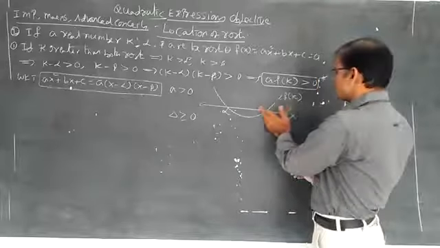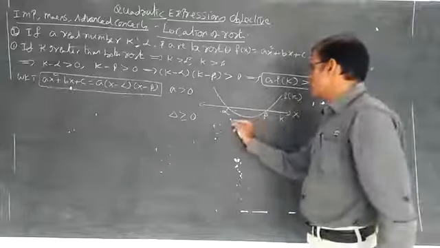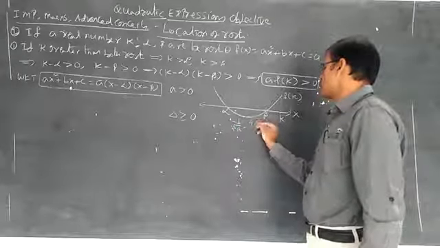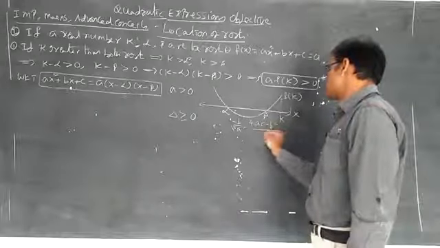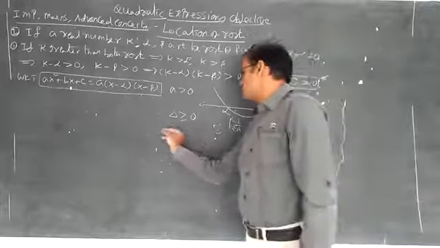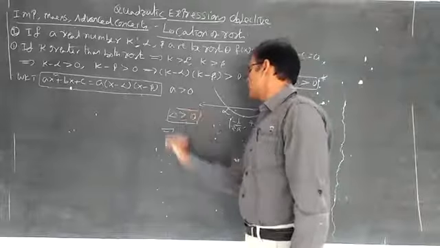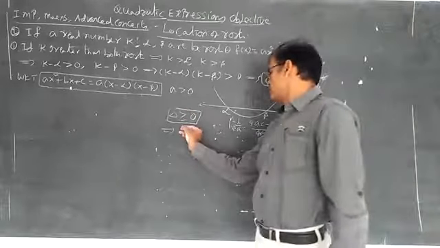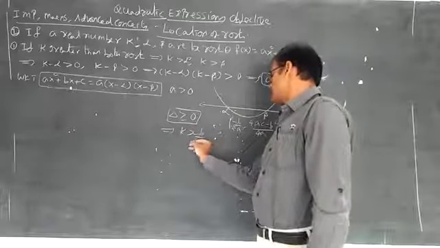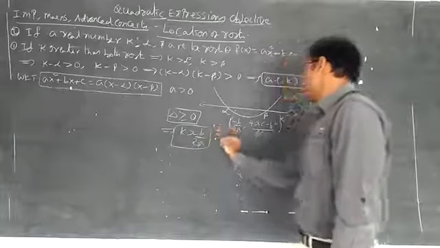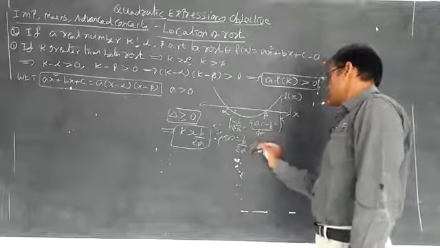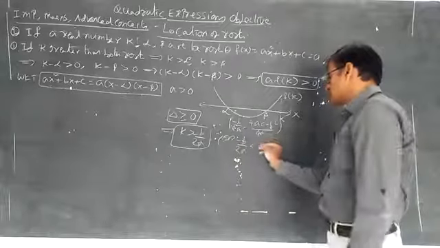What I am saying, k is greater than both roots. Here the minimum value concept already we have discussed: minus b by 2a comma 4ac minus b square by 4a. That implies this is a condition, delta greater than or equal to 0, this is a condition, and you can write k greater than minus b by 2a. Put a box. K greater than minus b by 2a, or minus b by 2a less than k. Less than, not equal.